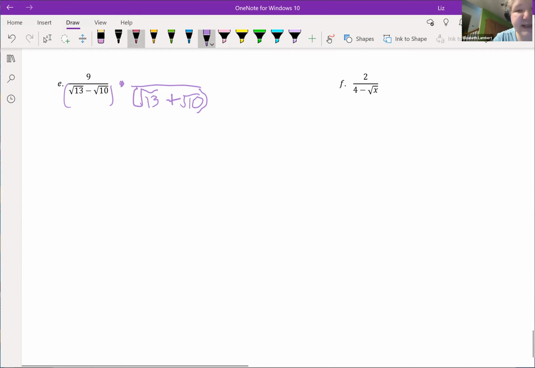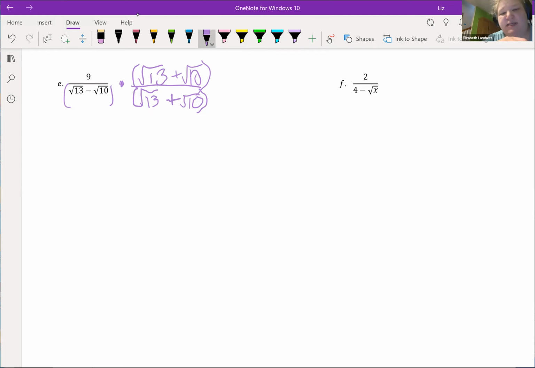But I'm not done. That was what's going to show up on the bottom, but I have to multiply by a crazy form of 1. So if I want to do this on the bottom, I must do the same on top. Now on top,